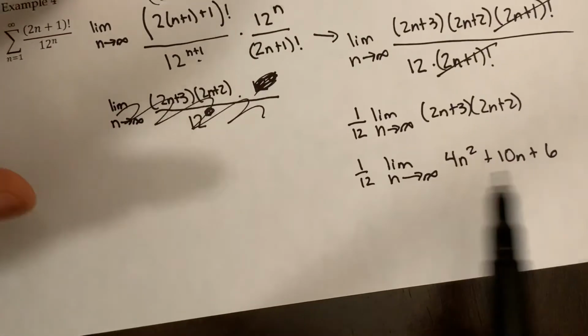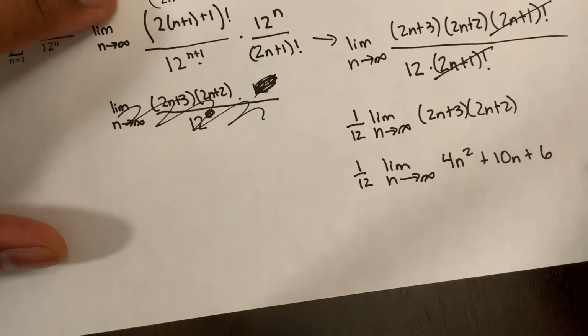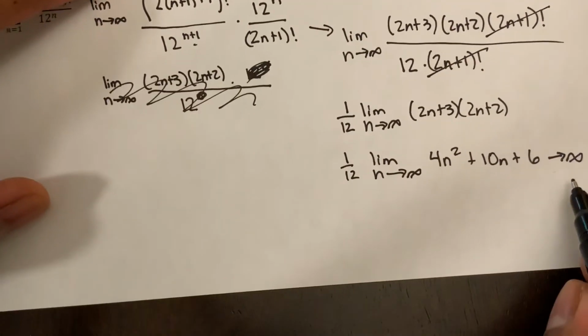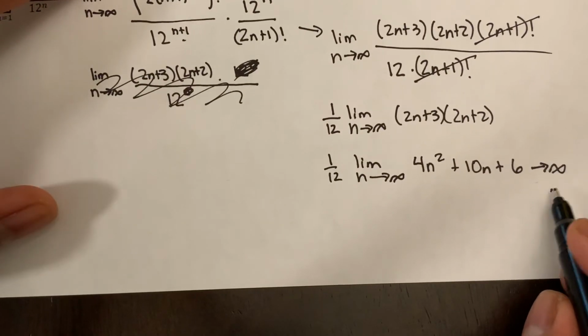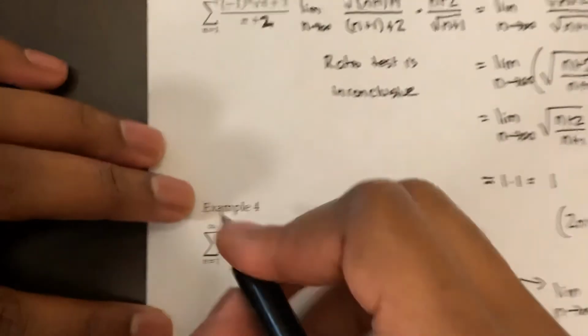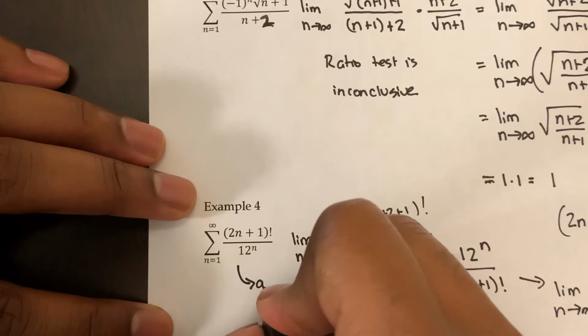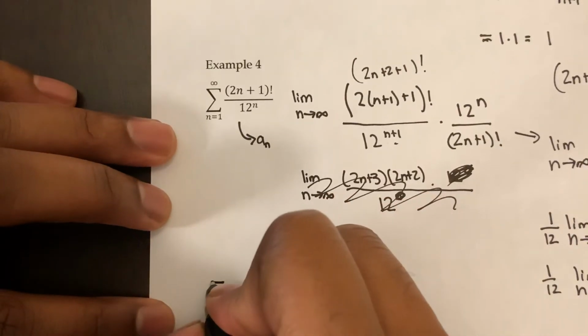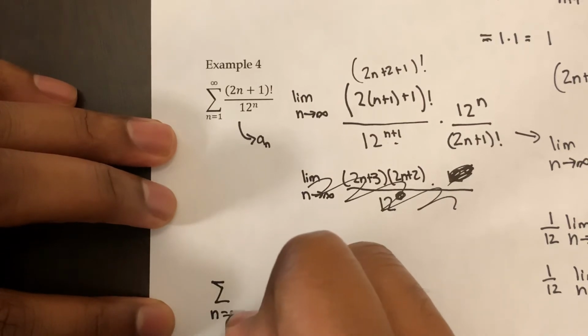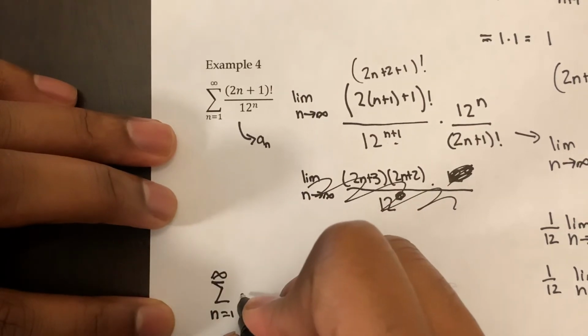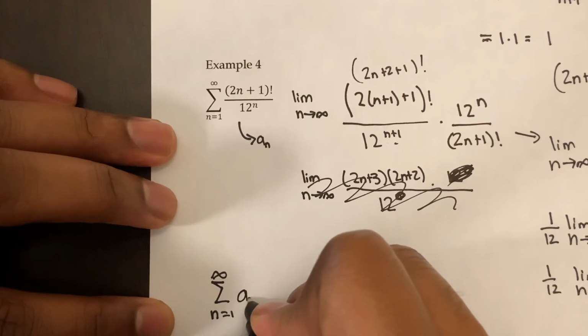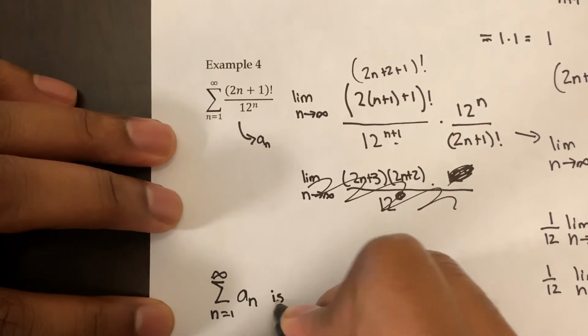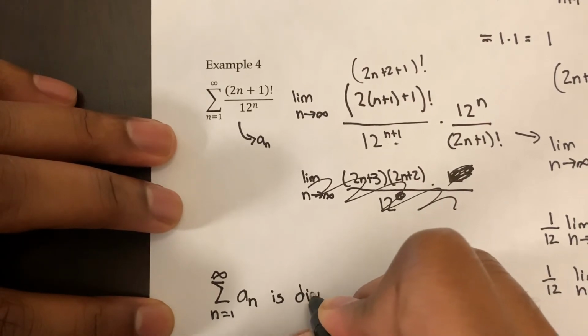And if n goes to infinity, this is going to go to infinity as well. So what we're going to end up with is something that's divergent. So over here, again, if we call this an, we could say the series from n equals 1 to infinity of an is divergent